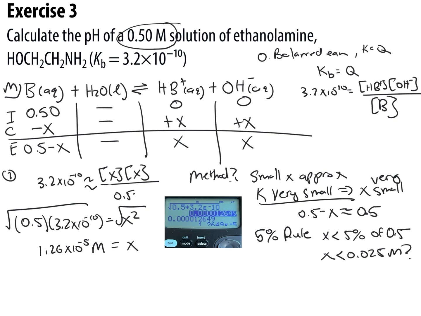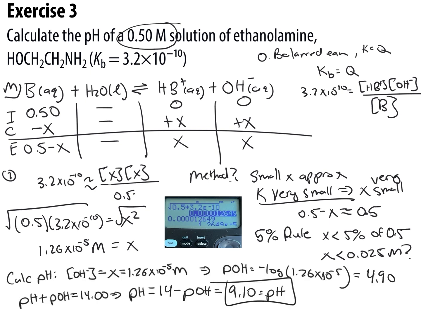Since we approximated, we should check our answer. Is x less than 5% of the thing we ignored? So 5% of 0.5 molar, that was the large concentration we were ignoring. Is x less than 0.025 molar? Definitely. Way, way, way less. Again, you can see all those zeros there. Much less than 0.025, and so our approximation is valid, and we can go to the final step of calculating